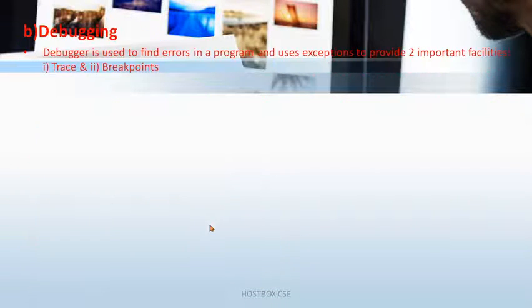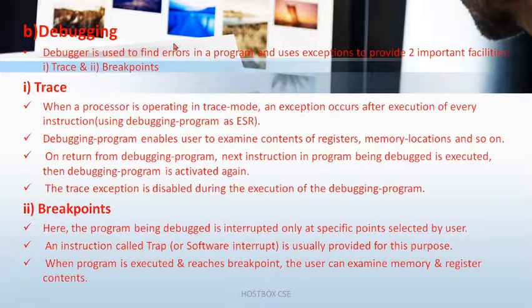Possible. The next topic is debugging. Debugging is what is used to find errors in a program, and it uses exceptions to provide two important facilities. One is called trace, another is called breakpoints. The debugger is the one always used to find errors. Many people in computer science today, computer science engineering,